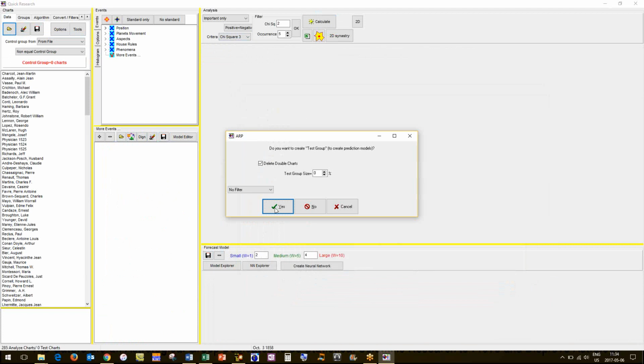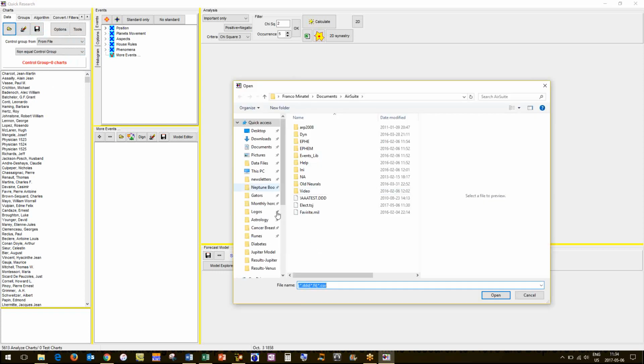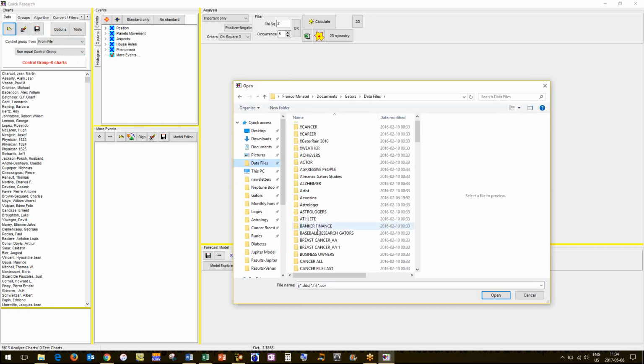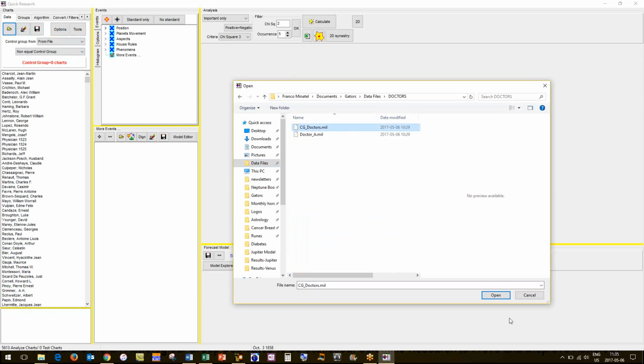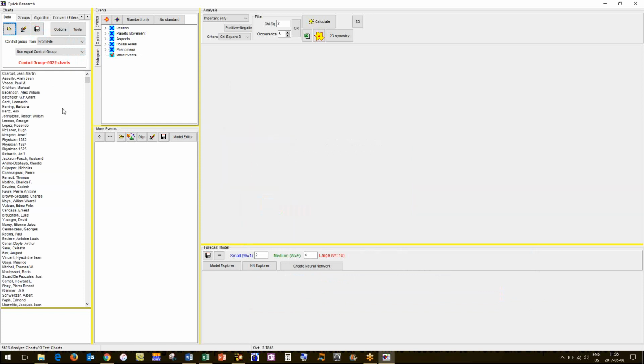Now watch what happens here. Control group charts. Oh, I thought I created a file. Let me try that again. Control group. I was rushing just before this meeting, and there. That's better.